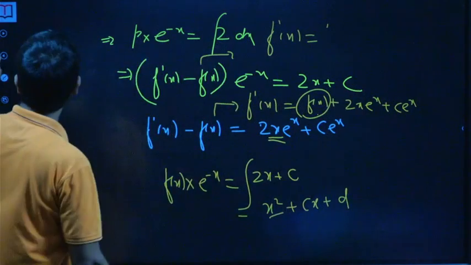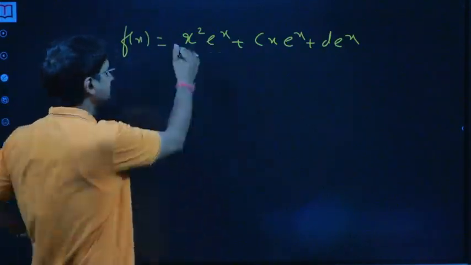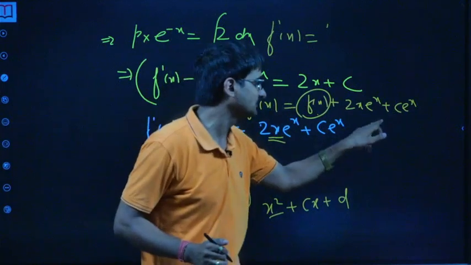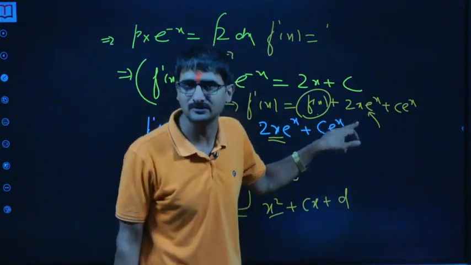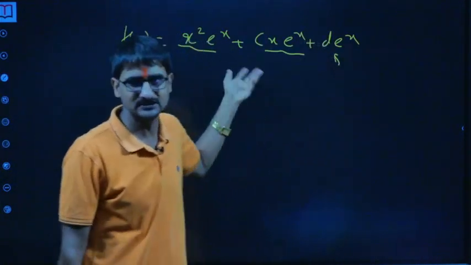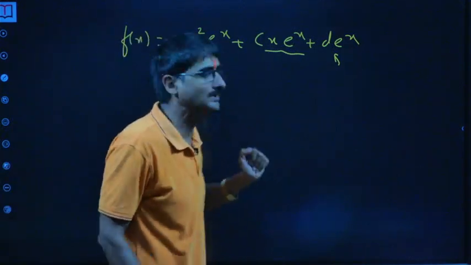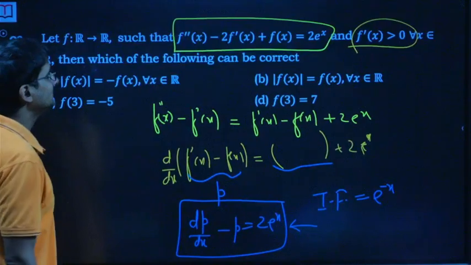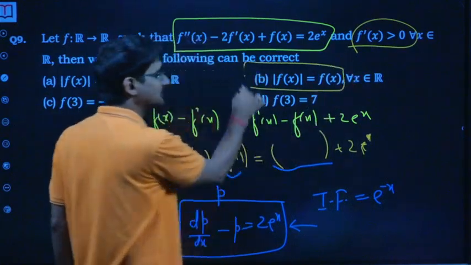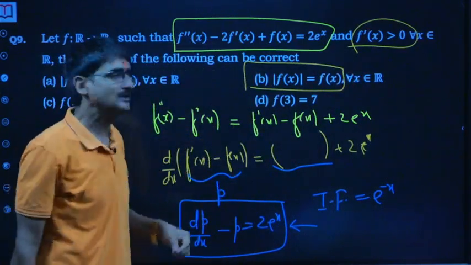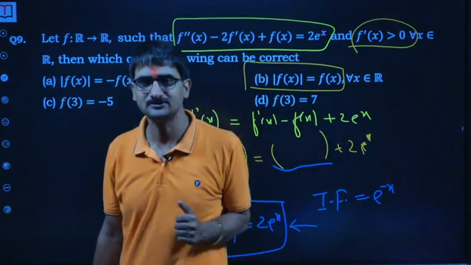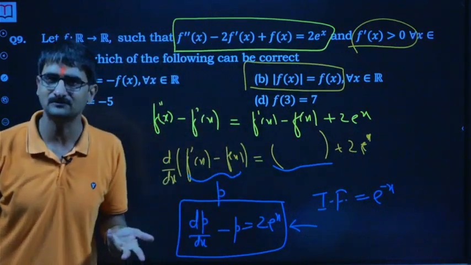Okay, so first thing, and moreover this term is always positive, x into e raised to power x. Of course, if this has to be always positive, I will say that this should be positive. So from there we can conclude that c and d have to be such that these terms have to be positive. Okay, so the option that can be correct is, I think, mod of fx is equal to fx. Mod of fx is equal to minus fx means, what does that mean? Fx is less than 0 for all x. Okay, then only you will replace mod fx by minus fx.